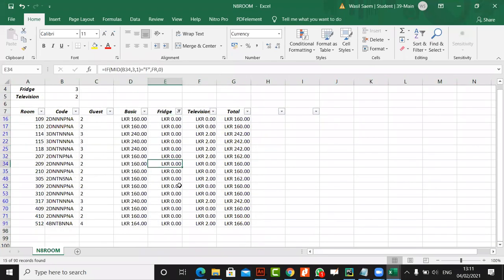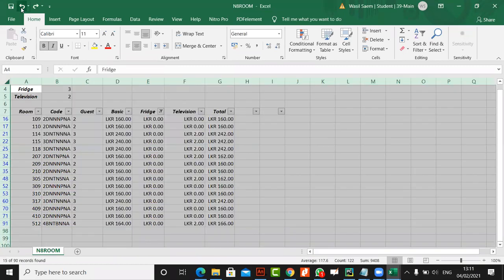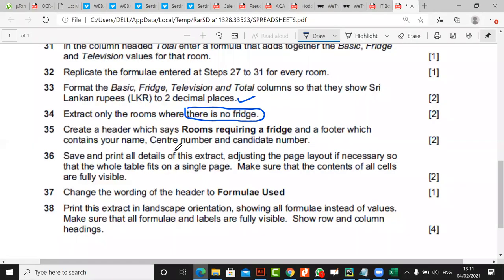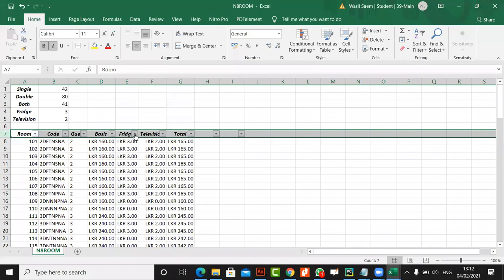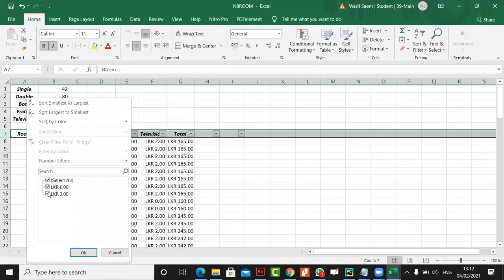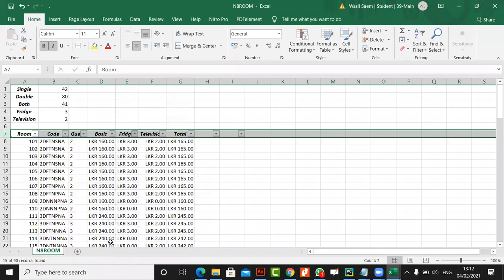Is this clear? How do I do all this? Sir, can you repeat? Sure. So let me just turn it off. I clicked on the header, came to filter, and turned on the filter, because the question said extract, and extract means filtering. There is no fridge, so I need to find zero. Zero means there is no fridge, right? I could even do is equal to zero, but I could simply not select this. The same thing. So there are no